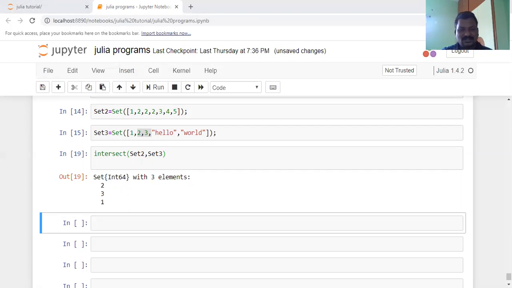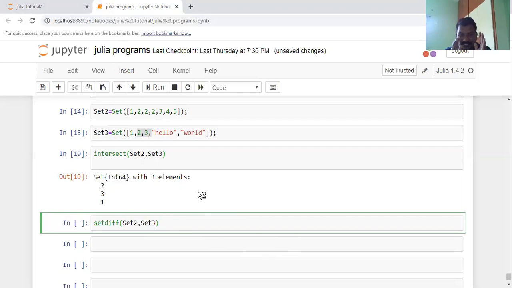And then not only intersect information, the difference between the two sets you can also identify. How can you identify the difference? Here the set difference is found by using the setdiff function. Here setdiff, all small letters. The setdiff function is used to identify the set difference, set 2 comma set 3.